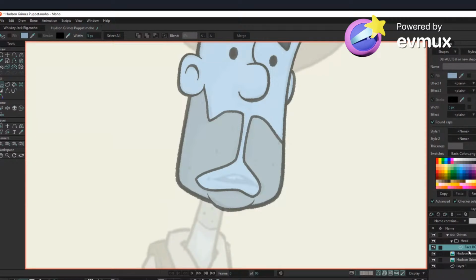See, I could have a layer down here above this face BG layer, and I can have that layer masked over the face BG layer, and it'd still be a mask, right? And I could still, in Moho, you can animate anything. So all you do is tell the points where to go.